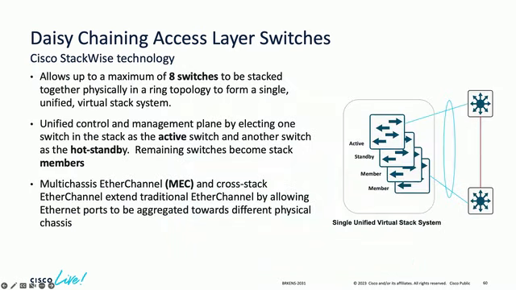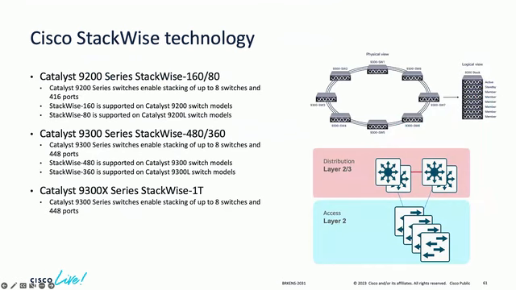I would say one of the best is using the Cisco StackWise technology that allows us to stack multiple access switches together, up to 8 members, which also gives us the benefit of, for example, using multi-chassis EtherChannels that are combined out of the members that come from different stack members, right? StackWise technology is offering us, beside these benefits, also